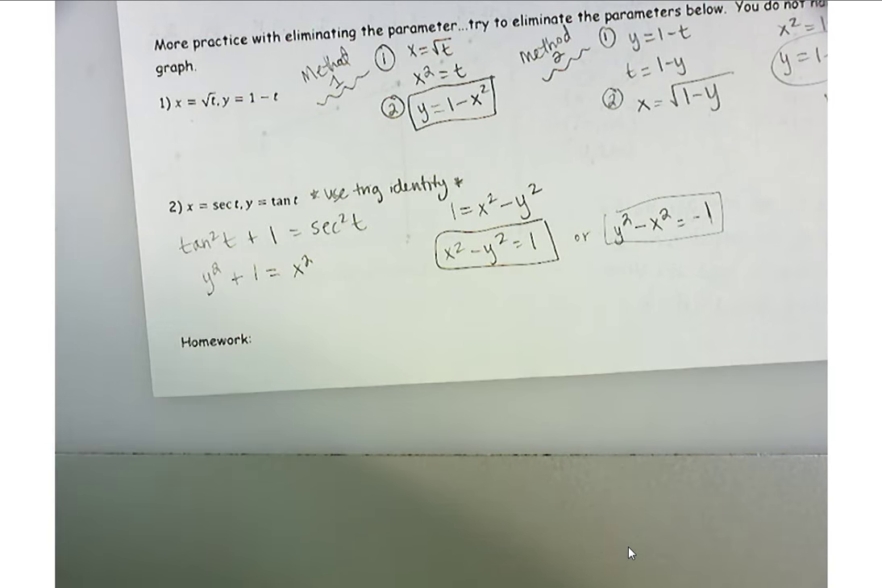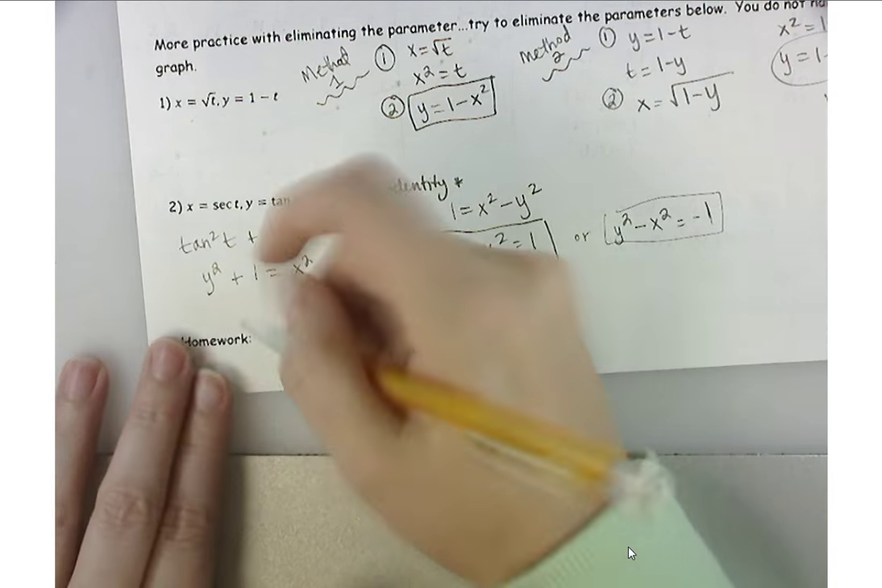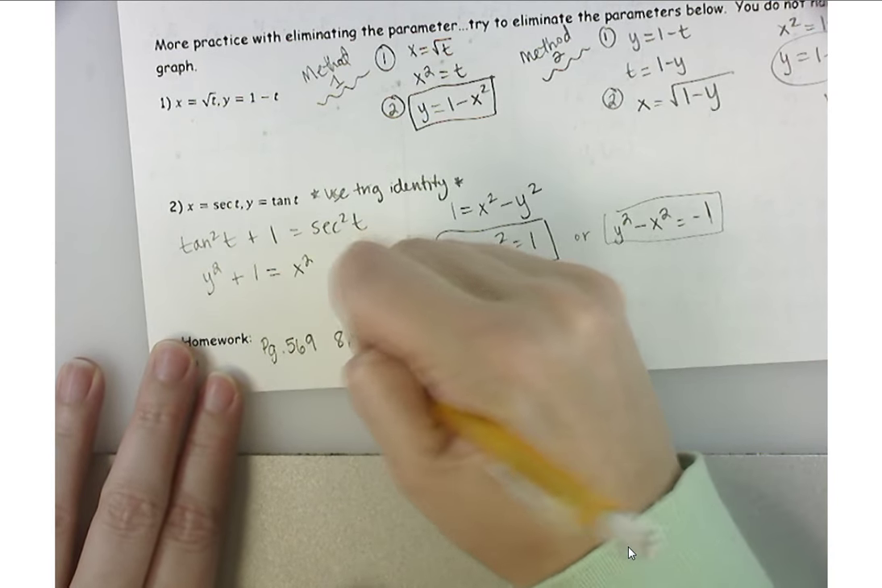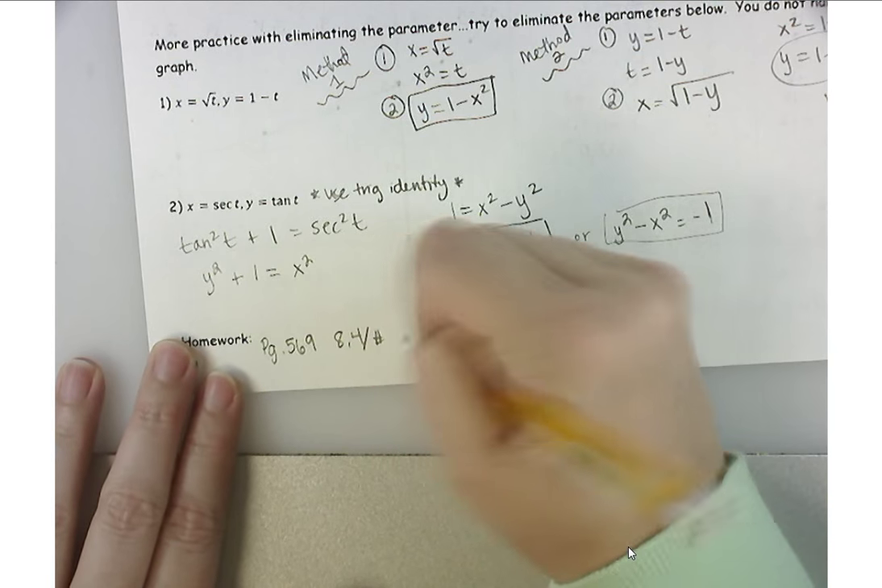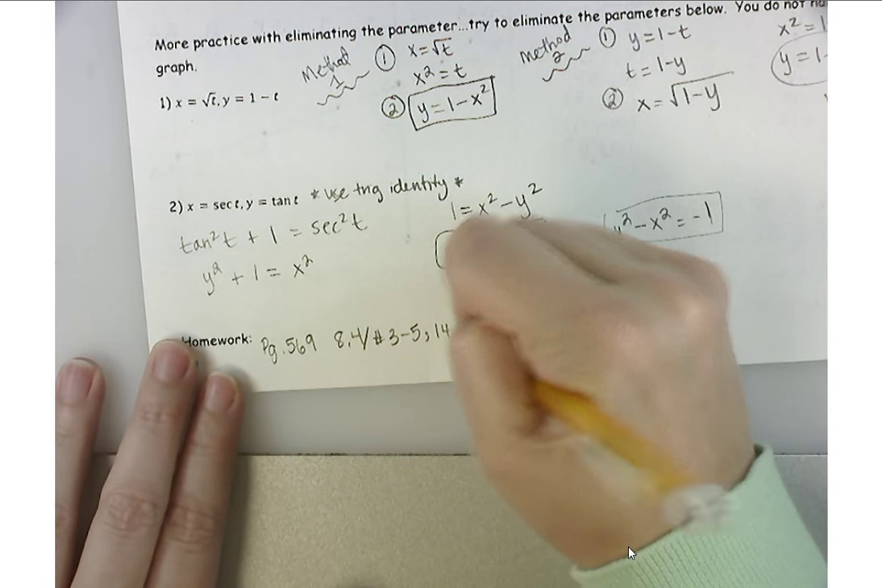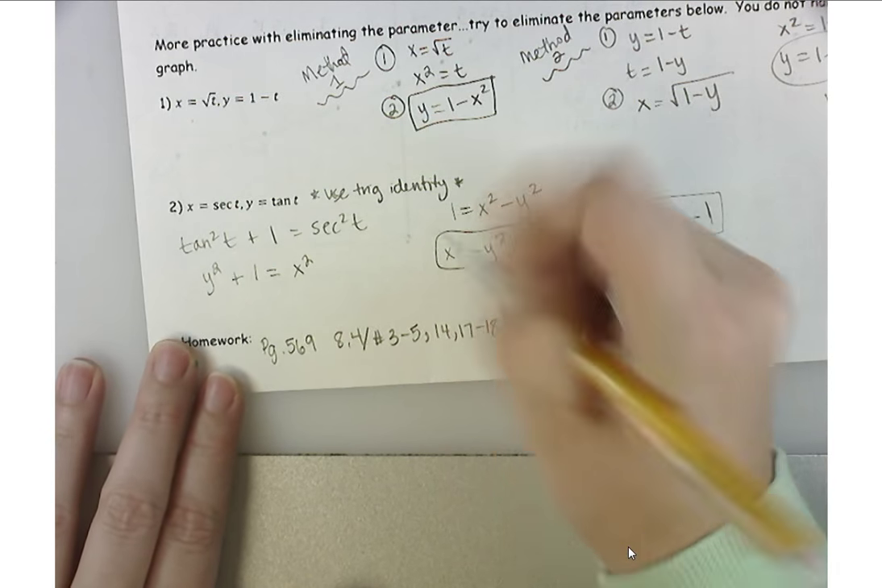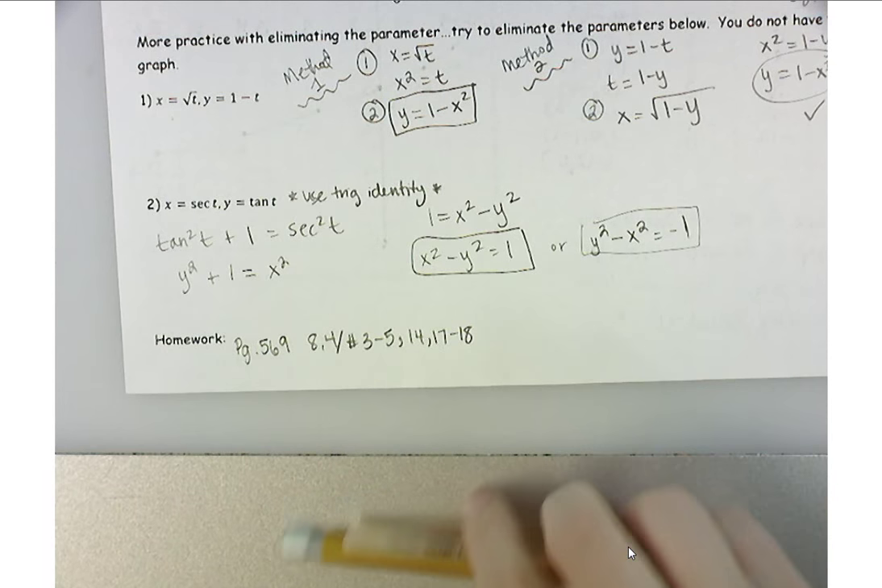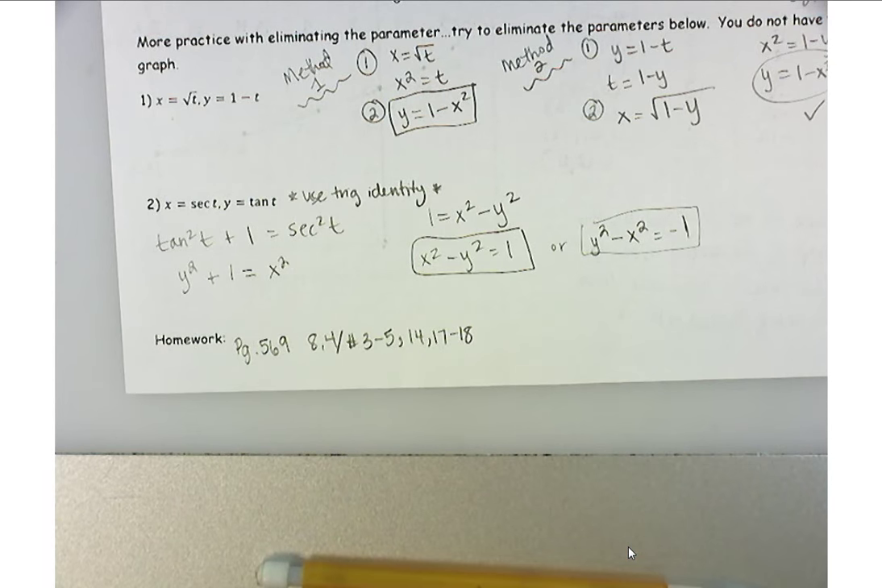Okay, so you guys are going to do page 569 from 8.4, and you are doing 3 through 5, 14, 17, 18. What are the forms of the equations? Either y equals or in the form of